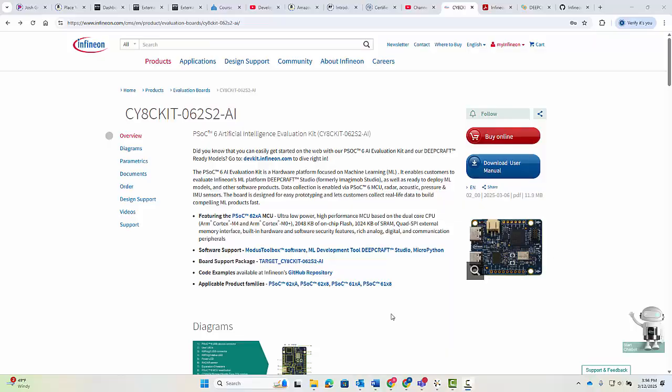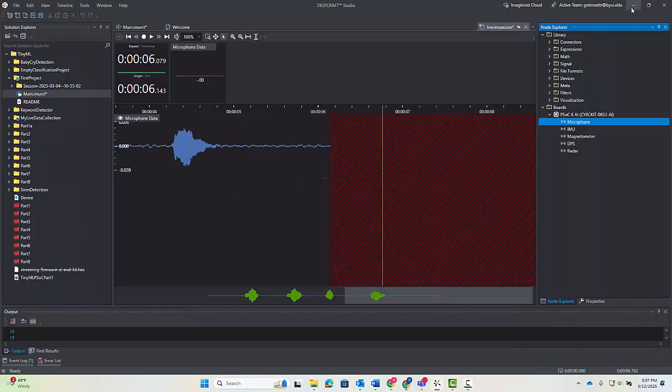Okay, this is a continuation of a conversation about using the PSoC 6 artificial intelligence evaluation kit with the Deep Craft Studio, and then eventually bringing it back to program the chip to run our machine learning models. So there's two specific situations where we have to interface with our device. The first is to get data in, and the last video showed us how we can